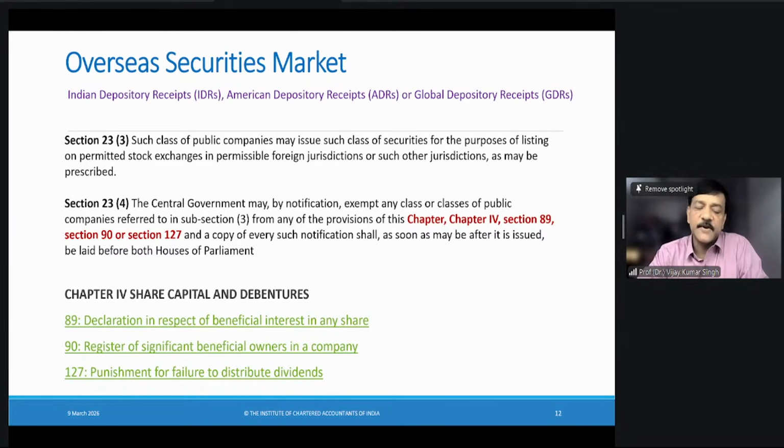So to curb this particular practice, now there is a requirement that even if there is a beneficial interest in a share, it needs to be communicated to the stock exchanges and the ROC. That requirement is there under Sections 89 and 90. At an appropriate time, you will deal with this in detail. But right now, for this mention of Section 23(4), I have just briefly told you about that. So you can see Sections 23(3) and 23(4) deal with situations of foreign investment. You want to list in outside countries of permissible jurisdiction, right?